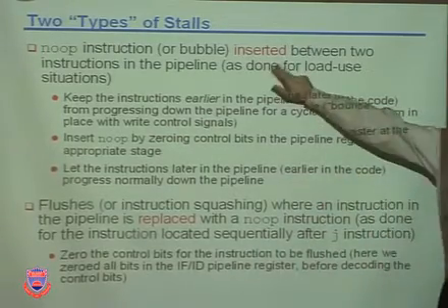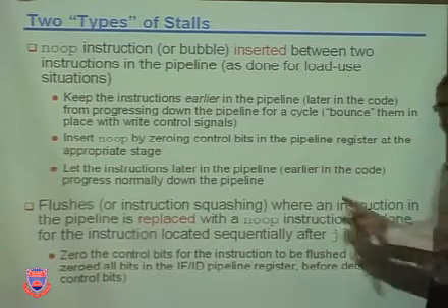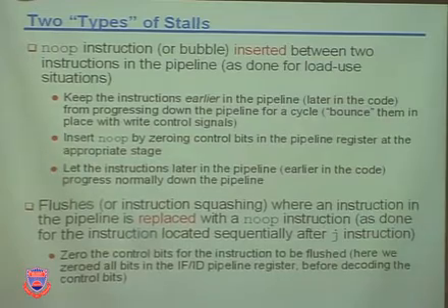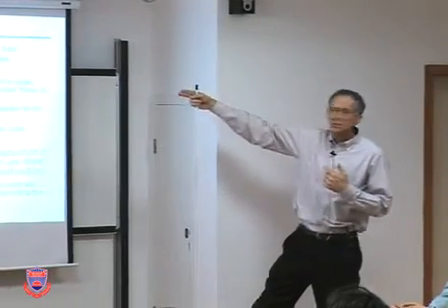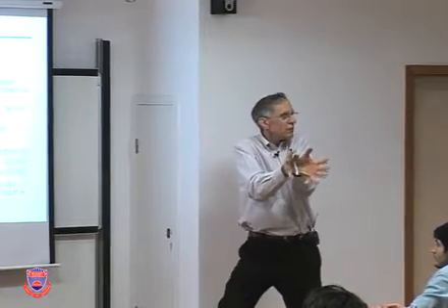Okay, that's inserting the NoOp. That's the kind that we had for the load use. Now we need a different kind right now for the jump. And that's the second kind here. That's going to be called a flush, okay? And the first kind is called a bubble, right, where you shish it into the middle of the pipeline a